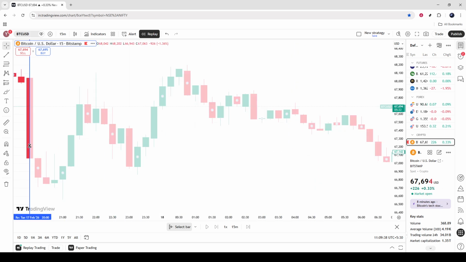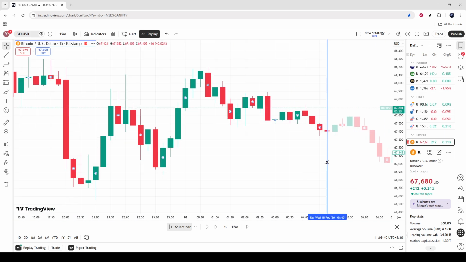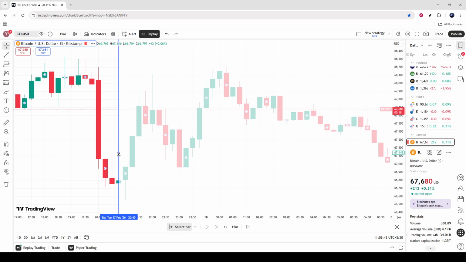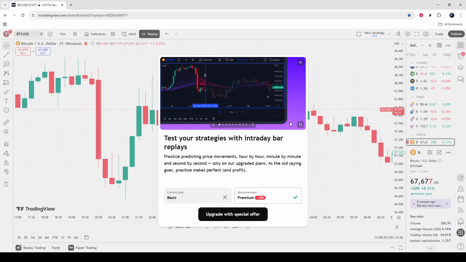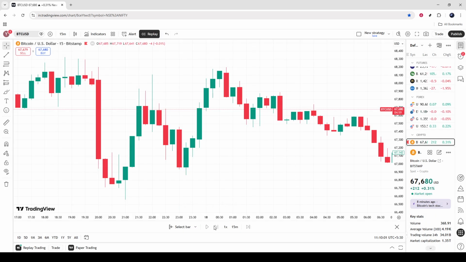From here, control the simulation using the floating toolbar that appears. Use Play to automatically play bars forward so the chart progresses on its own. This lets you observe how price unfolds without manual input. Use Forward to advance the chart one candle at a time. This is ideal for manual analysis, stepping bar by bar to evaluate entries, stops, or targets as you would in